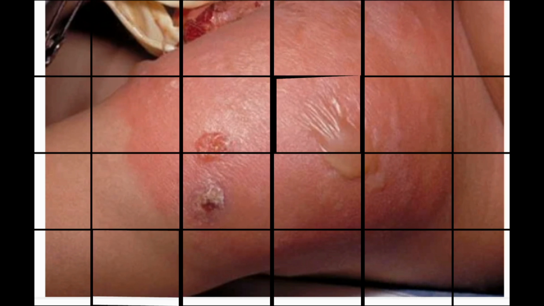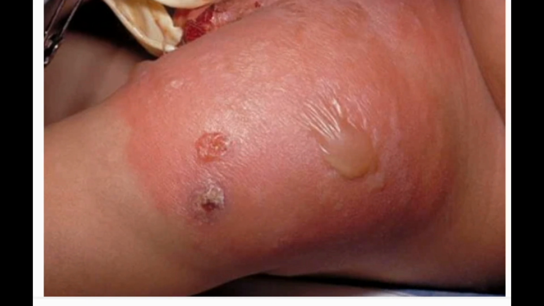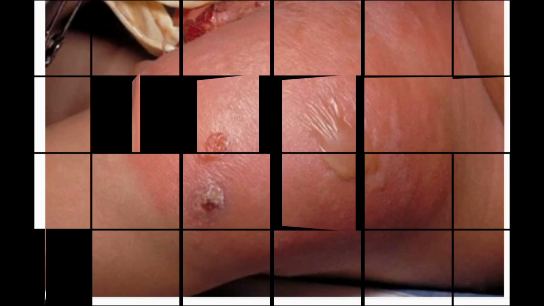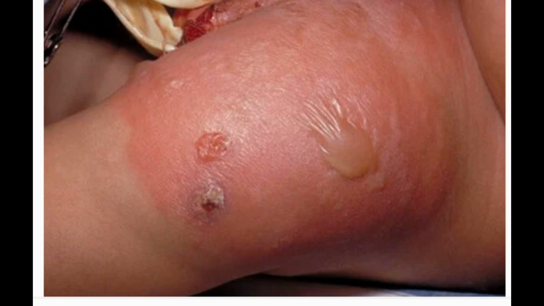What is antibiotic-resistant Staphylococcus aureus? Methicillin-resistant Staphylococcus aureus, often abbreviated to MRSA, is a type of staph bacteria. MRSA is considered a type of superbug, because it has become resistant to antibiotics commonly used to treat it. Those antibiotics include methicillin, from which it gets its name, and also penicillin, amoxicillin, and oxacillin, and possibly others.